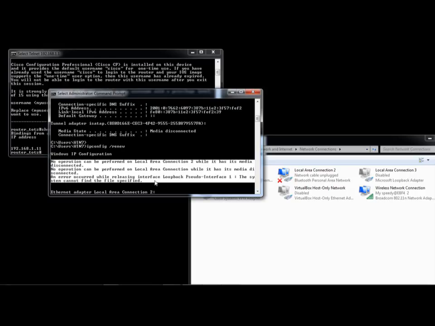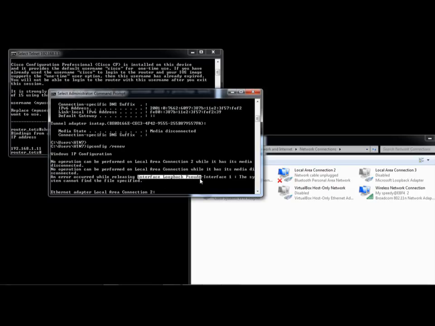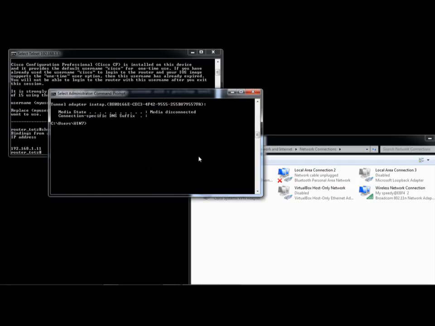An error occurred on interface loopback pseudo interface 1. So that's it.